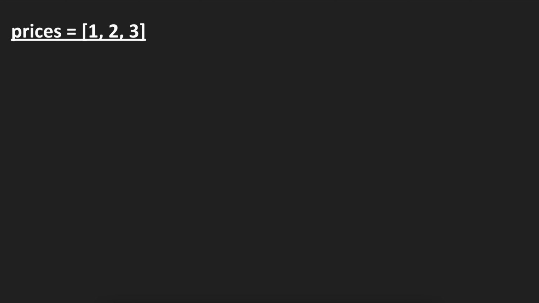Let's take one more, simpler example. Let's say we have only 3 days, and on the first day the price of the stock is 1, on the second 2, and on the third 3. Let's break down this problem and see what our options are for each day. So on day 1, what are our options? We can either